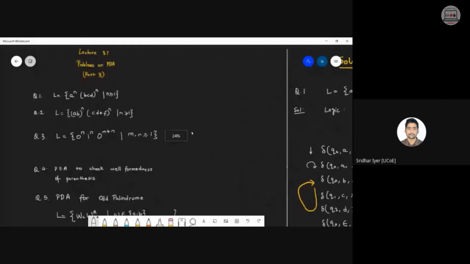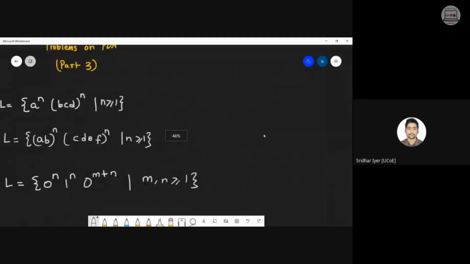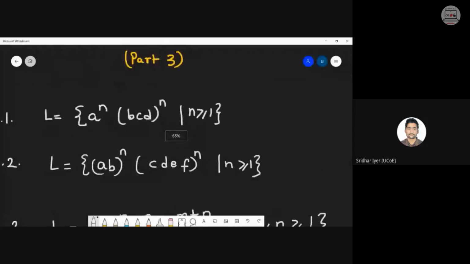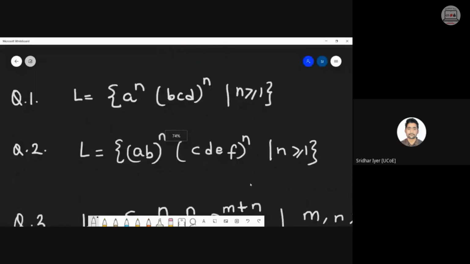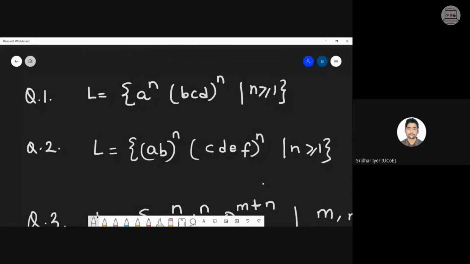It's fine. Okay. Chalo, so based on the similar logic, I am giving you one more practice problem. Similar logic ही है, just practice के लिए दे रहा हूँ मैं, just to improve your speed. It is AB raised to n and CDEF raised to n. Similar logic है, just you need to make some modifications to it. Only the transition function is enough. उतना बना दोगे तो भी चलेगा, because you know how to construct the examples, how to draw the diagrams, etc. So it is AB का whole term raised to n and CDEF का whole term raised to n.